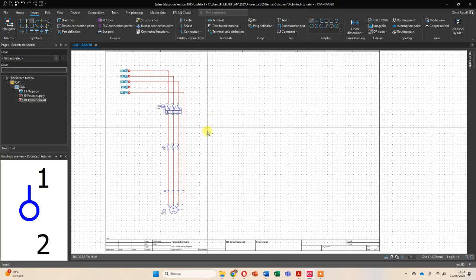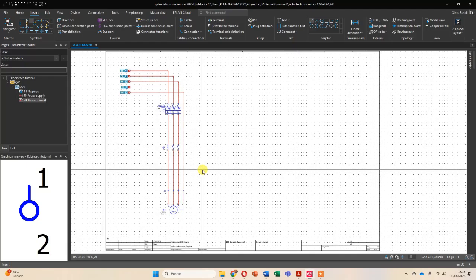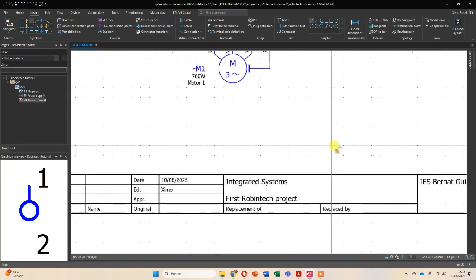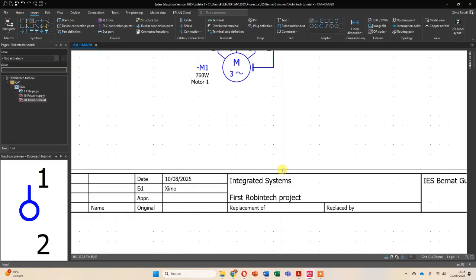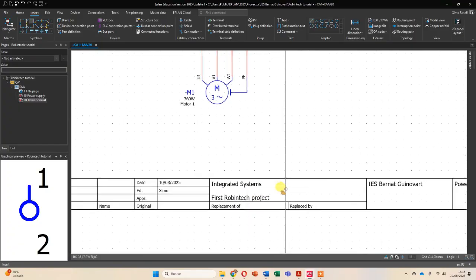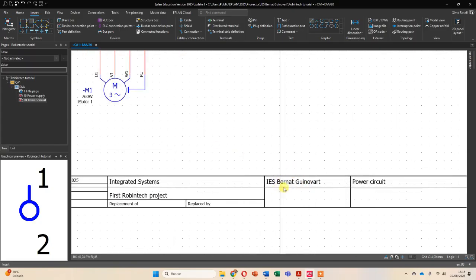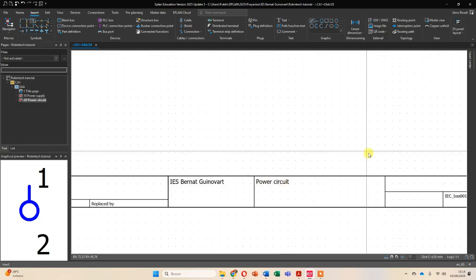Okay, so with this we finish this second page of our circuit. Again, as you can see here in the bottom part, we have all the information that we have entered. We have the company name, we have the page name,